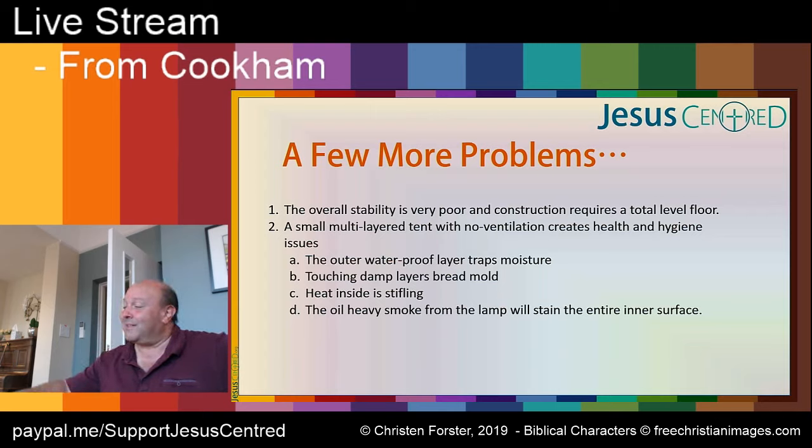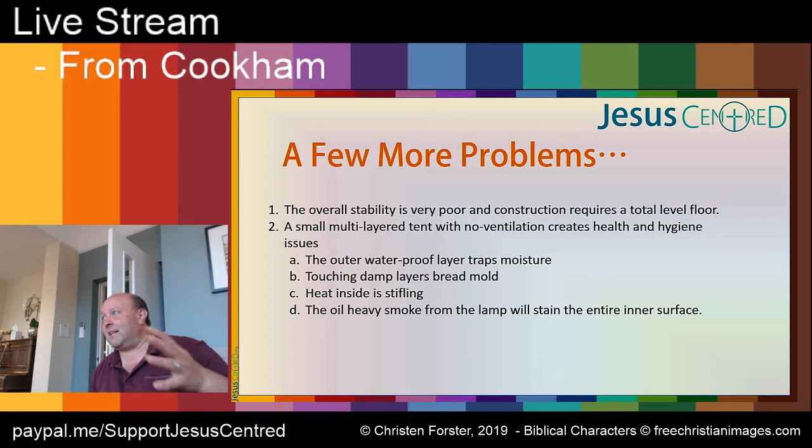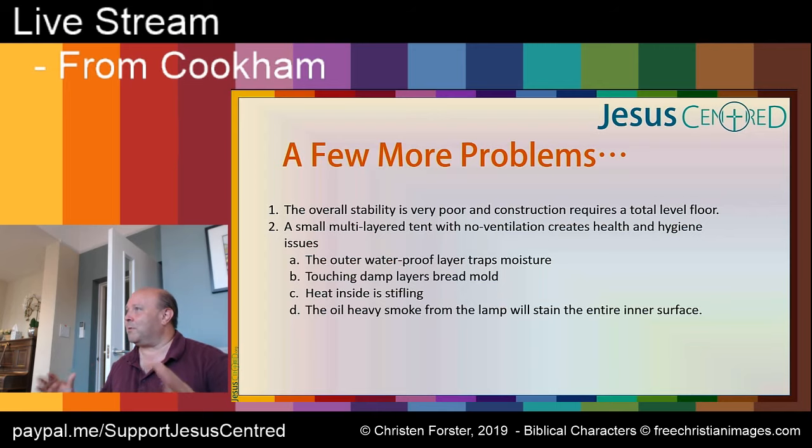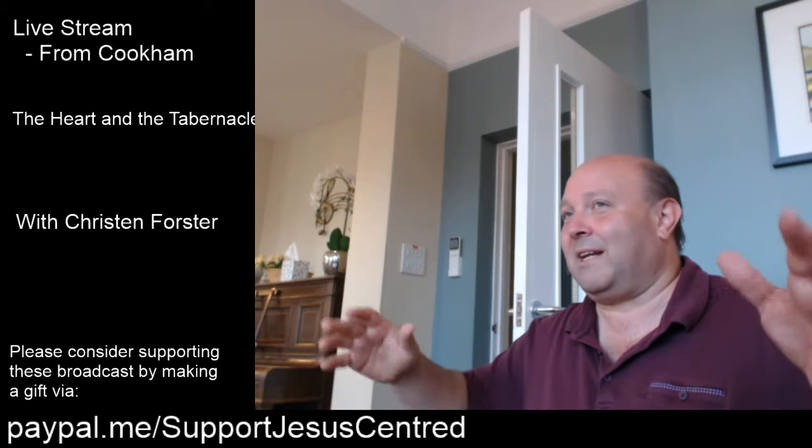Touching, yeah. So obviously you've got layers on top of each other. As they get damp, and strangely, you have what potentially are two waterproof layers in the leather layers on the outside. But of course that traps moisture in. And if anyone's camped in old style tents with multiple layers, we used to set one up as kids. We had a real old one. We used to set one up in the garden and live in it for most of the summer. And then by the end of the summer, when you're taking it down, it has great patches of mould from all the damp and the rain that's got into the layers and where the things have touched.